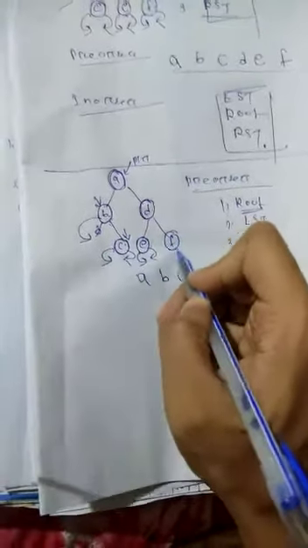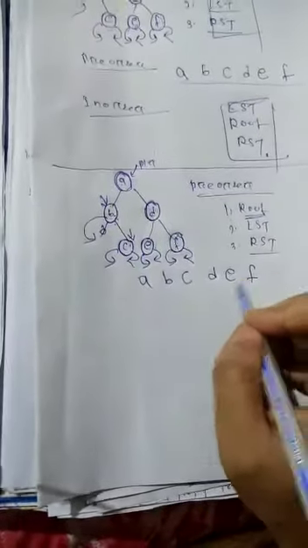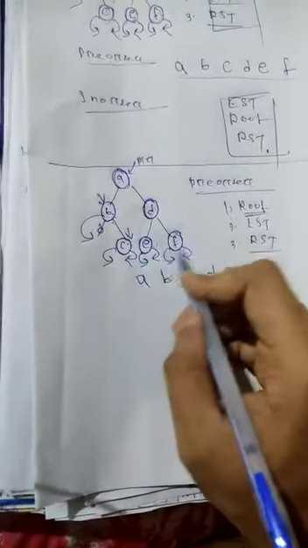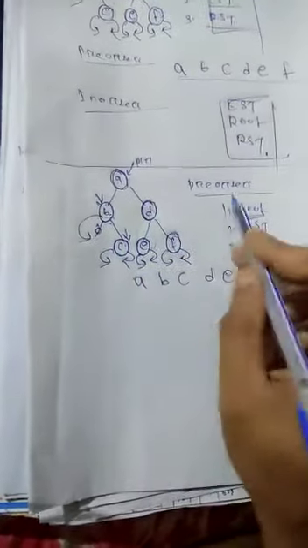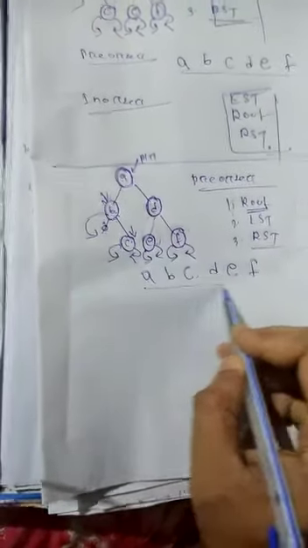For the right subtree f, we first print it, f will be printed, then go to the left subtree, no left subtree, then the right subtree, no right subtree, then we return. For d, it is printed, the left subtree is covered, the right subtree is also covered, then d finishes. For a, it is printed, the left subtree is covered, the right subtree is covered. So for each node 3 statements are covered. What is the pre-order traversal here? A b c d e f. This is your pre-order.